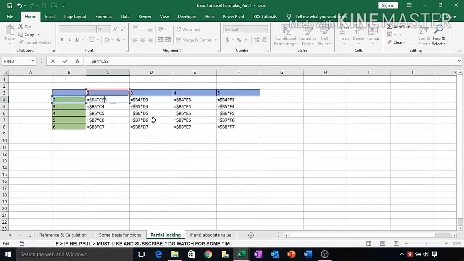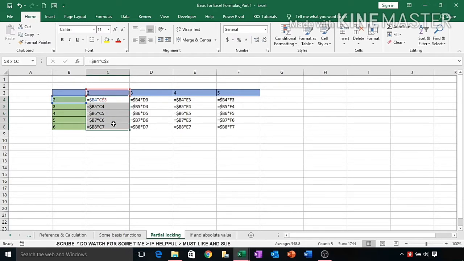Here we put the dollar sign to lock it. C, that is okay. D, here it is okay because the column is D. E in this formula is okay because every time it picks the value from E, but every time it picks the value from row number 3 instead of 4, 5, 6, 7. So we have locked the 3 here, and now this is the final formula. We apply it to all the bottom cells by pressing Ctrl D, and now select all the right side cells and press Ctrl R to apply in all the remaining cells.